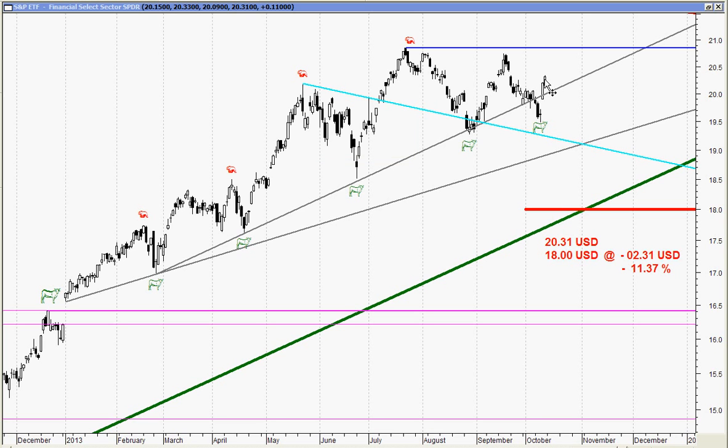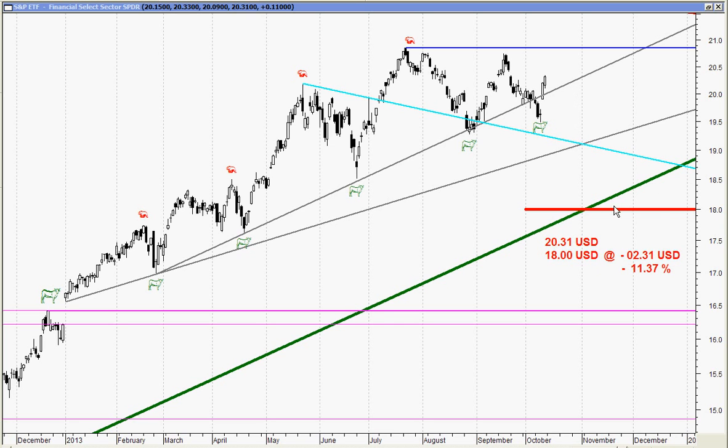We closed on the weekend, on Friday, at 20 US dollars and 31 cents. So I would take a stop here at $18. These are $2.31 under Friday's weekend close, 11.37% of the weekend close, and the stop is even roundabout